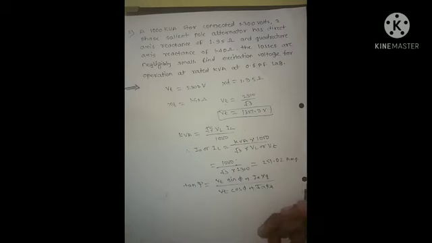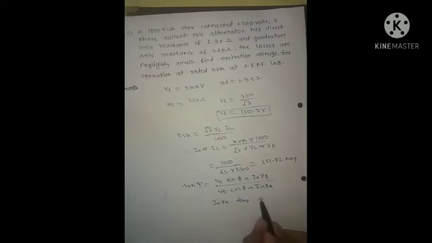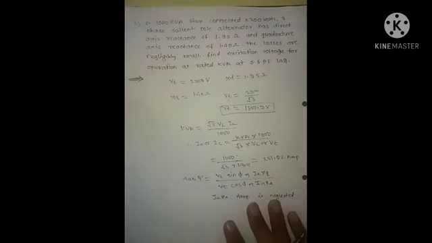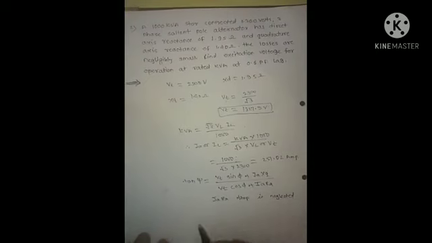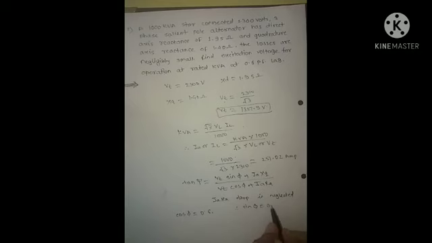The losses are negligible, that is I square A RA is neglected, hence IA RA drop is also neglected. So cos of phi equals 0.6. Therefore sine phi equals 0.8